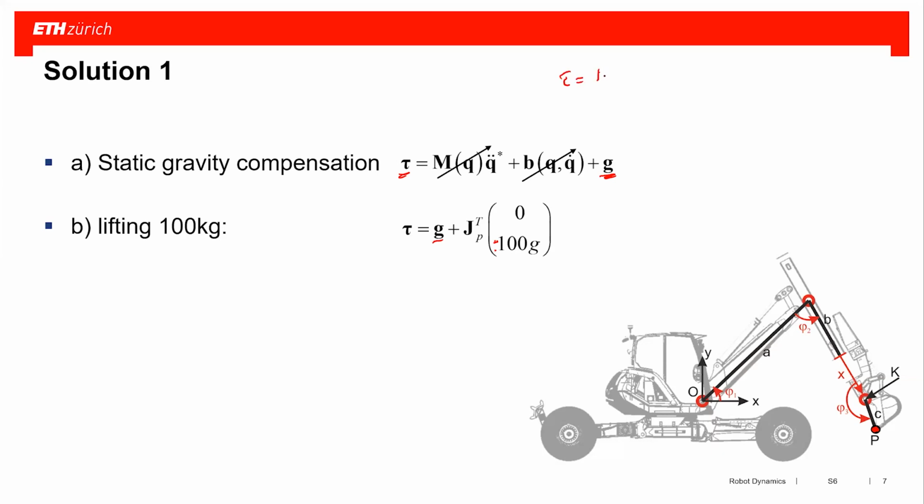So we have M q double dot plus b plus g. This tau on the left-hand side is what I give as an actuation to my system, right? So if I have a force that my robot has to exert on my environment, I have to increase my torque. So if I put my force on the right-hand side,